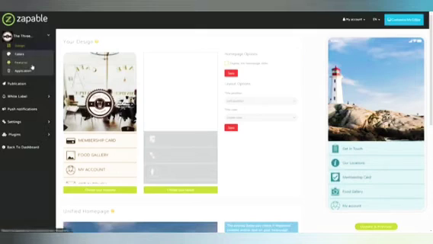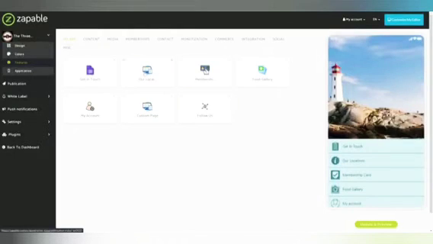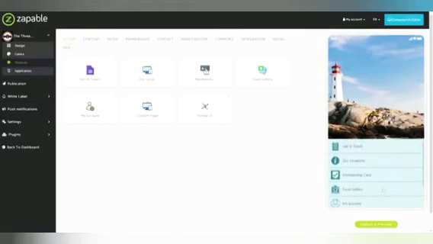So if I go into the features section here, we can see that we've got the get in touch, we've got the locations, membership card, a food gallery, the my account option, we've got custom page, and we've also got the follow us option here as well, so you can see all these in here. Now I have just made some light customizations on here and populated some text just to give the app a look and feel, but we will be going through each of these to get an idea of how to customize them and change them for the app that you're going to build, the business that you're going to build an